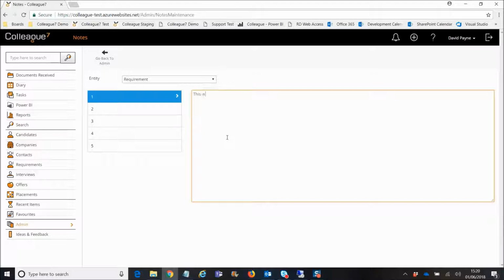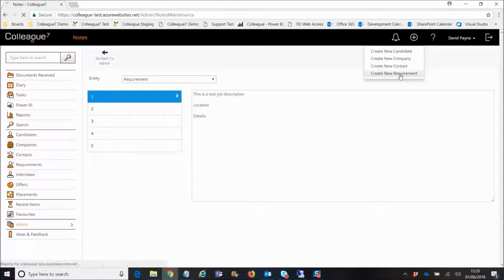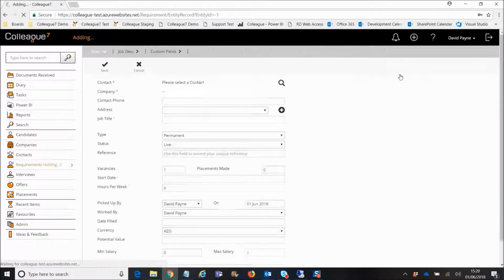So a test job description, location, detail, and so forth. You would set a set of guidelines around how you would want the job description laid out, and then when you go to actually create a requirement, what we've done is we've included the job description